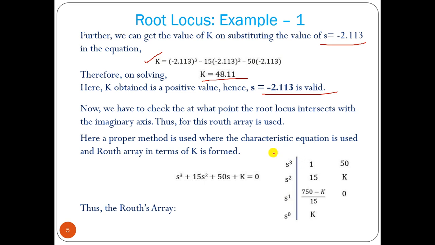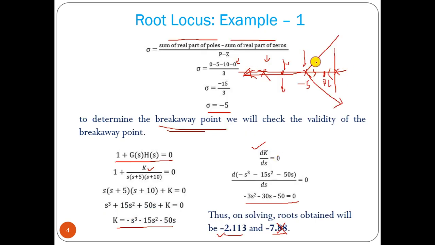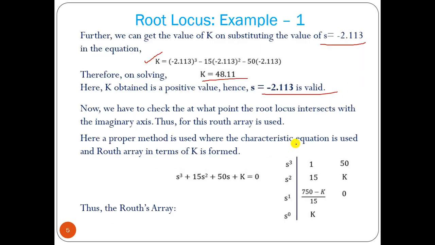Now what we can see here is that these two asymptotes intersect the imaginary axis, because those angles are 60 degrees and 300 degrees. So the root locus plot, from the breakaway point, must approach infinity along the asymptote. So there must be a point which intersects the imaginary axis. That point we now have to find out.